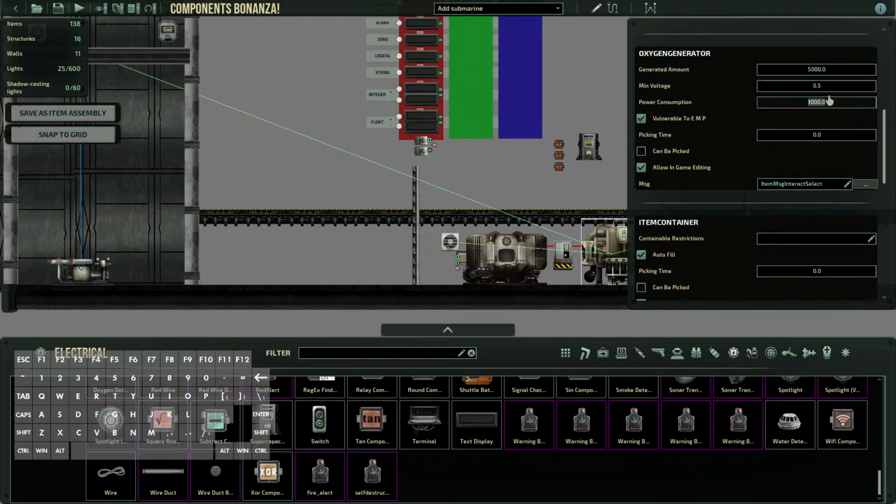whatever the units are. The units of power are not fully understood by me because there are voltage and there are kilowatts. And I know Torca was trying to make this as realistic as possible when he redesigned it. Props to Torca for the recent power changes. But what this min voltage means is that if the network supply, so the device that's supplying power to all of the connections on its power network,